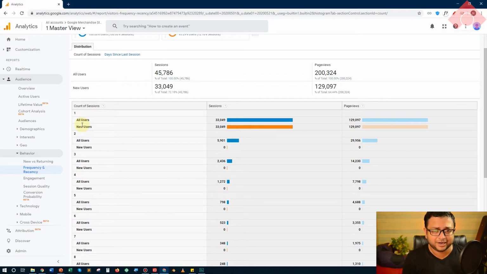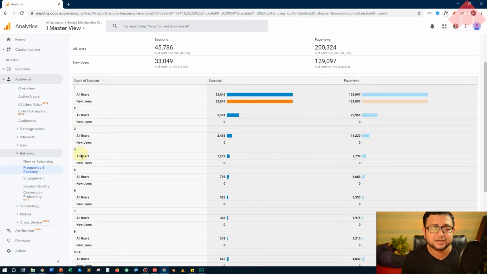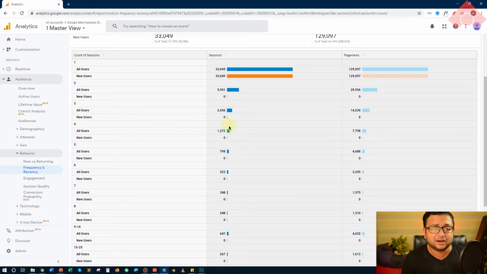It's a no-brainer, right? And for the subsequent counts of sessions, the new users over here are 0. Even this makes sense because all the users have been accounted for over here itself, right?